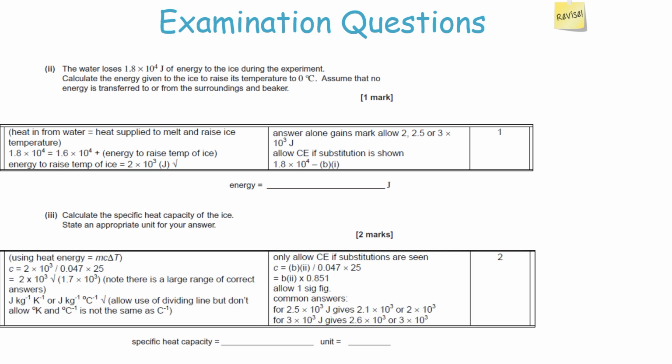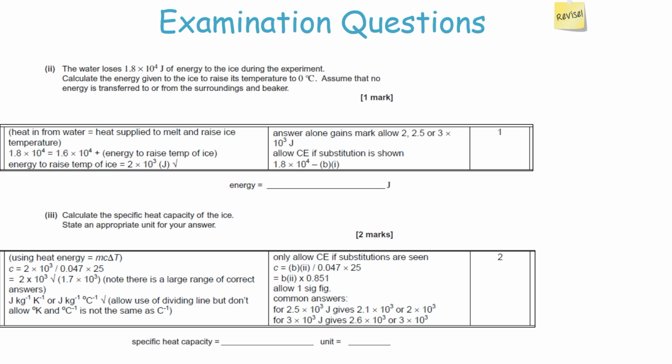So now if we're trying to calculate the specific heat capacity of the water, we know that the equation is delta Q is equal to mc delta theta. As a result, we just worked out in the previous question what delta Q is, the change in the kinetic energy store, to be 2 times 10 to the 3. So therefore C is equal to this 2 times 10 to the 3 over m times delta theta, which is going to be 0.047 from the previous part of the question, times the 25, because that is the